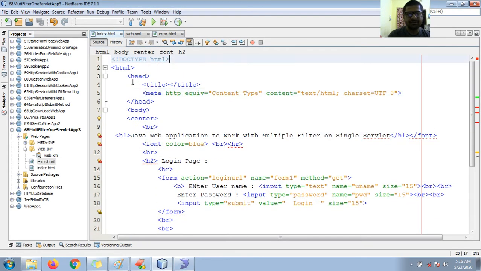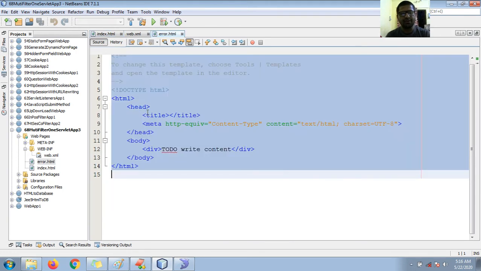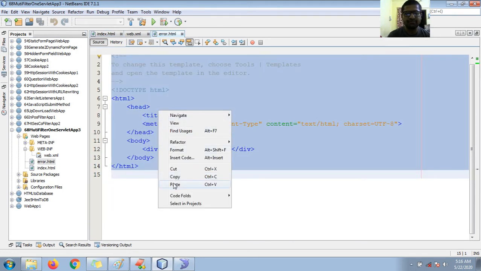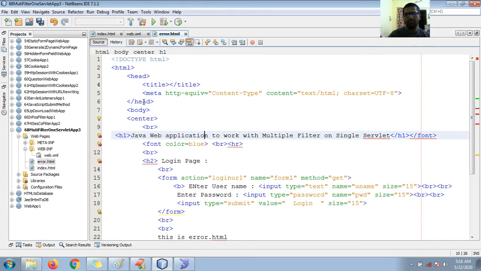So I need same page, just one extra message. Control A, Control C, and I'll change here Control A, paste. So I'm pasting same form page. So this is index.html now. Let me give the message here, this is error.html. Okay, fine. So let me give here the message invalid credentials, or you can call simply a message,